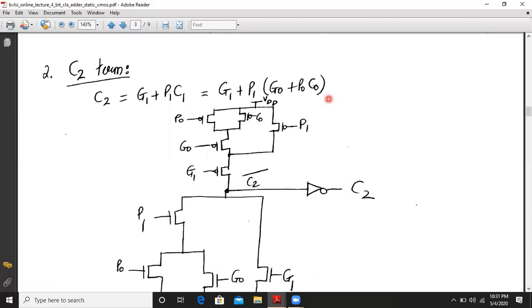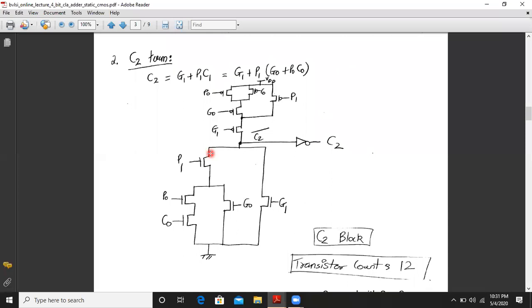This is like a nested SOP, that is, nested sum of products expression, so you have to implement it very carefully. I hope the expression of C2 is clear now. It is well written over here. Now we have to concentrate on implementing this equation: G1 plus P1 bracket, G0 plus P0 C0, close the bracket. We'll shortly see that.